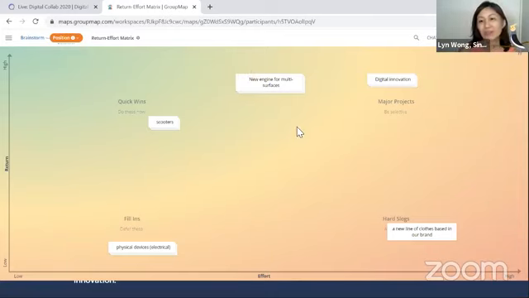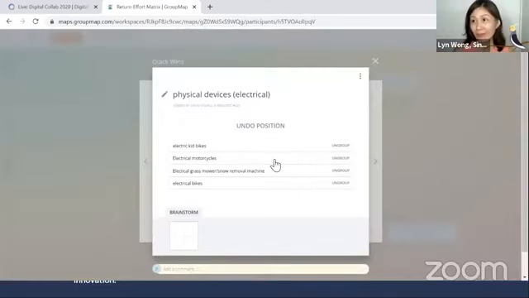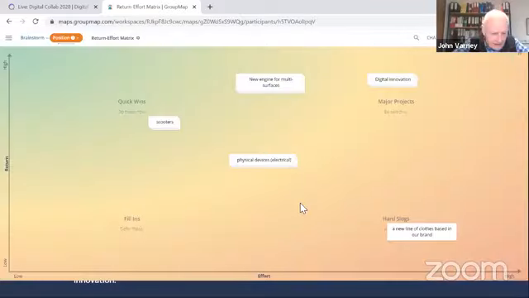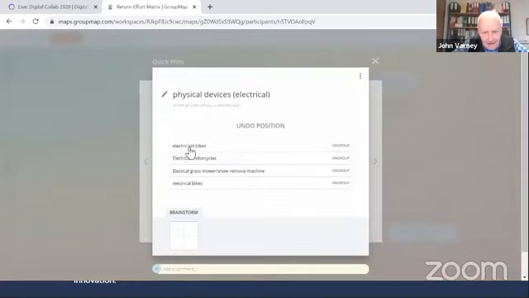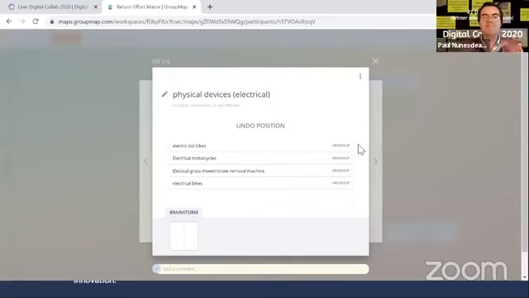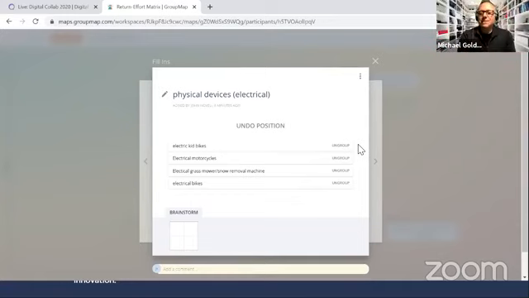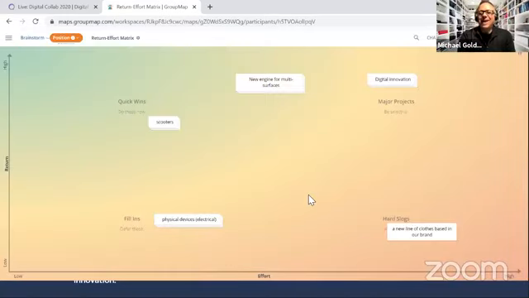How about this one? Physical devices, electrical. I think we should put those somewhere bottom left-ish. They're a fill-in, I think, because they're not our core competence, which is something to do with mobility, and they don't quite fit there. Agree. I'll challenge that. I think we're in snowmobiles. It's fun, recreational. These are fun and recreational.